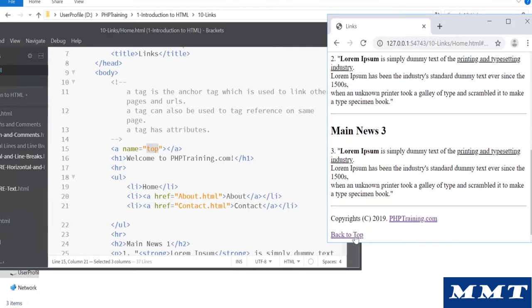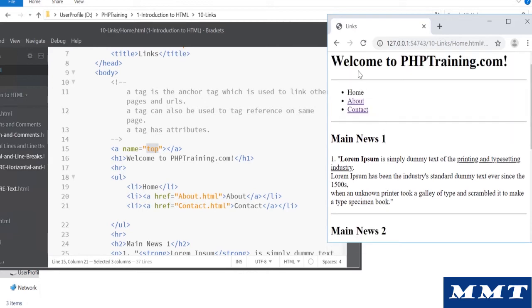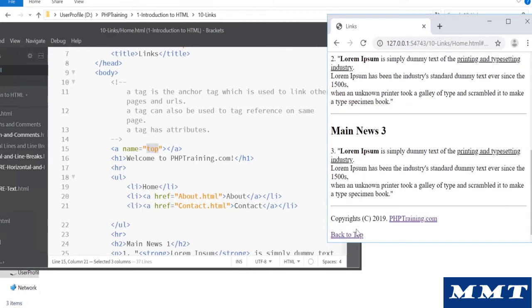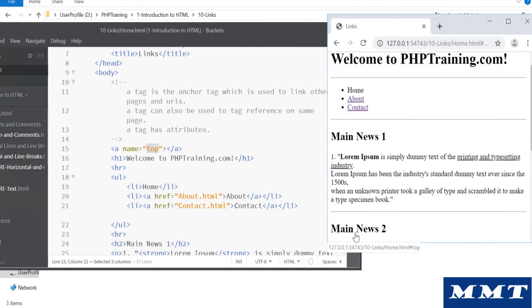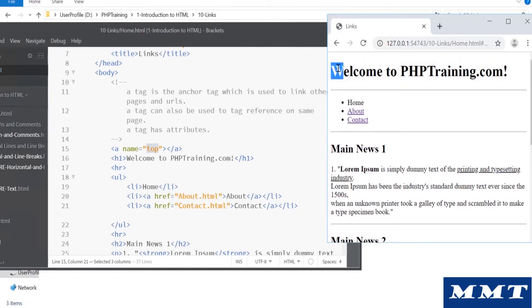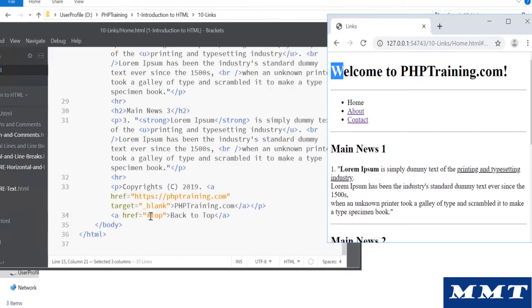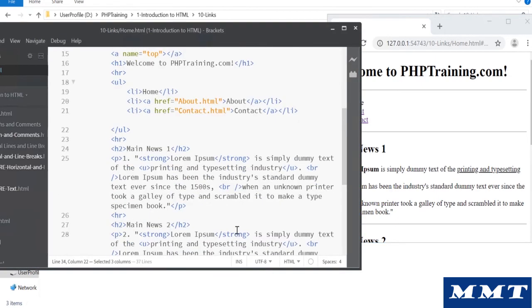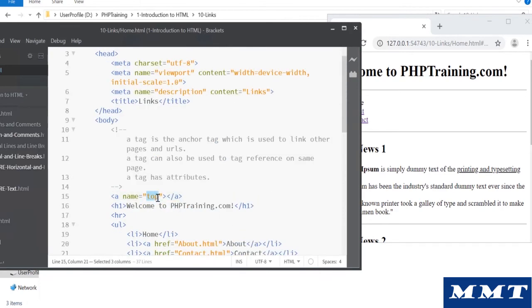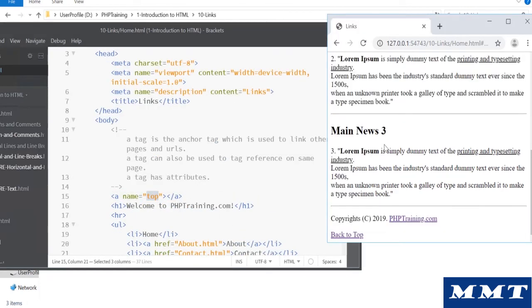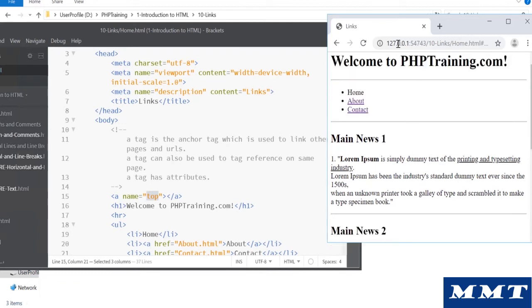When someone clicks this, let's refresh this page, click this, you go to the top, because you are going from this link. You are saying I want to go to that anchor. That anchor is defined somewhere here before the welcome, and then when someone clicks on this top link, it will go and find the anchor, say top, and it will go to that page level. It's like moving inside your page sections. Okay, just click on it and you will go on top.